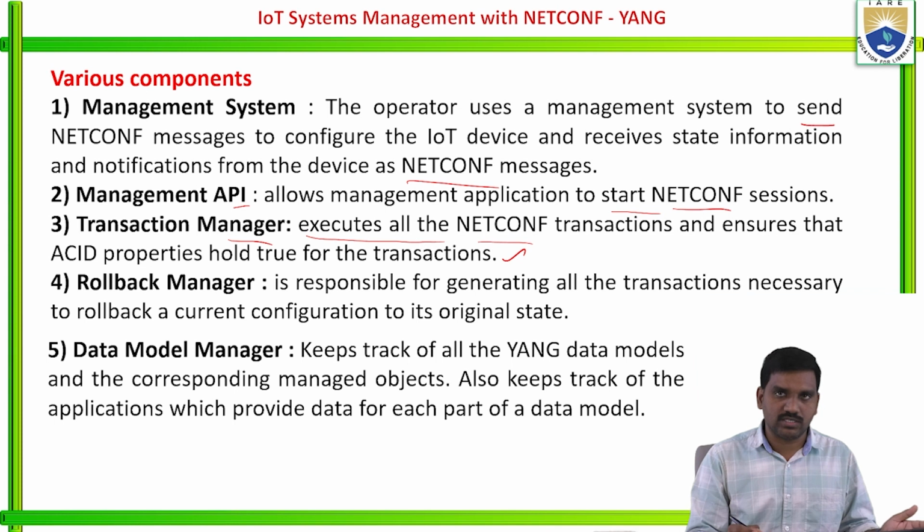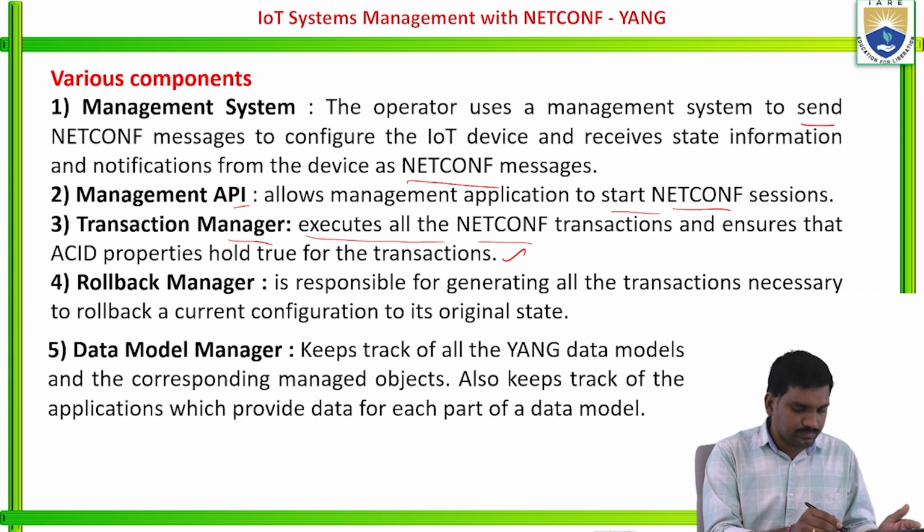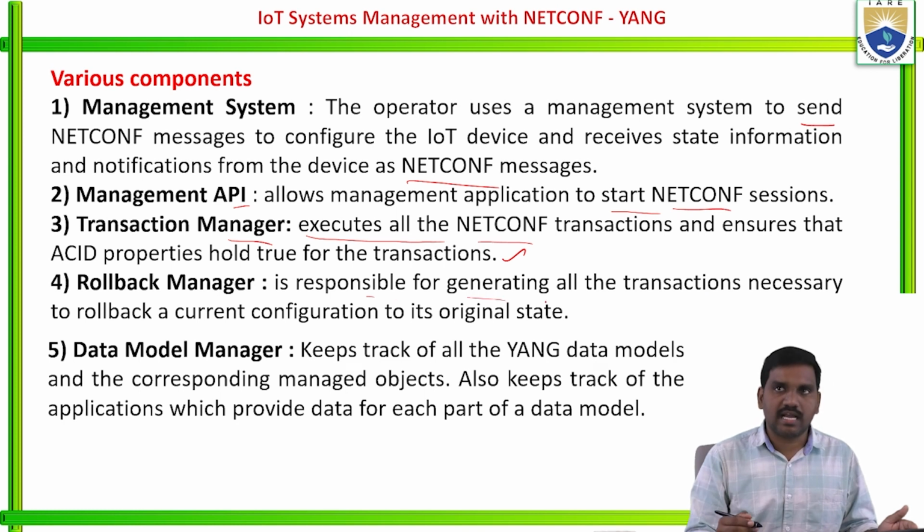Next, the rollback manager. What is its main role? It is responsible for generating all the transactions necessary to roll back the current configuration to its original state. Next, the data model manager. It keeps track of all the YANG modules corresponding to managed objects. It also keeps track of the applications which provide data for each part of a data model. These are the first five